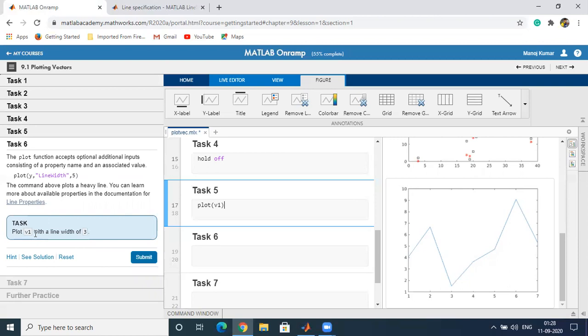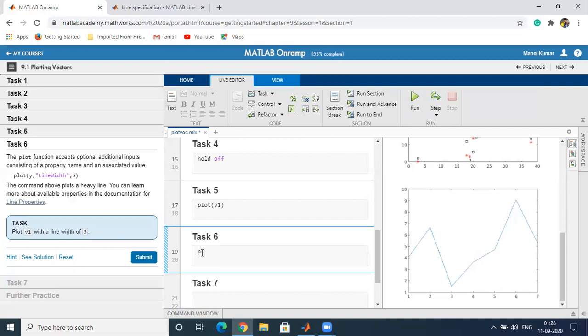Task is to plot v1 with the line width equal to 3. Then what we will do, we will just add plot v1 with the line specification in double inverted commas, line width. So you can see by default here is the downward arrow, line width, and we have to specify 3.